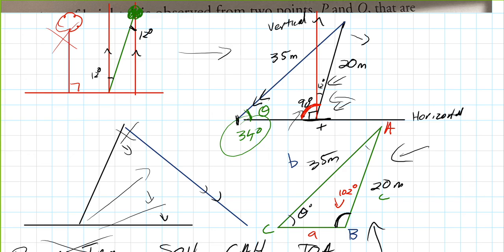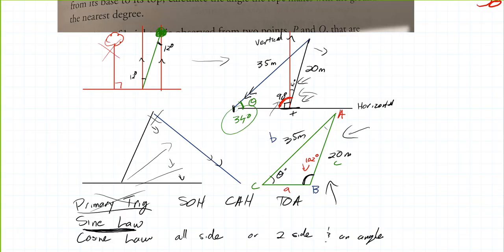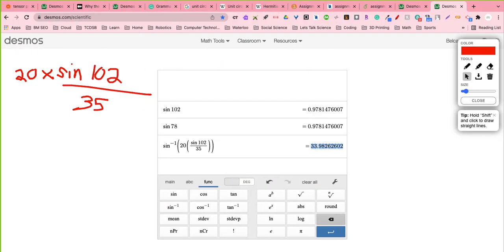So it's a pretty big question. There's quite a bit we had to do in it. We went slowly and broke up each part, but there's quite a bit to a question like this. We had to draw out that image, and once we had the image, we decided what that internal angle was. We had to do a little inferencing because we knew the vertical was 90 degrees. Then we had to choose which tool to use: primary trig ratio, sine law, cosine law. And once we did that, we had to evaluate and isolate for theta to solve this question. So there's quite a bit in that question. Okay, let's take a